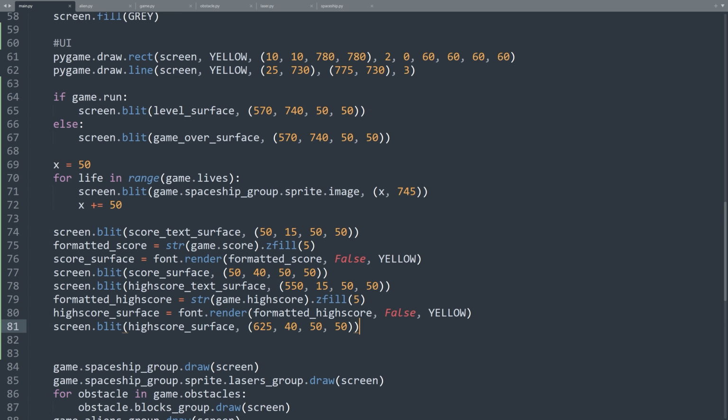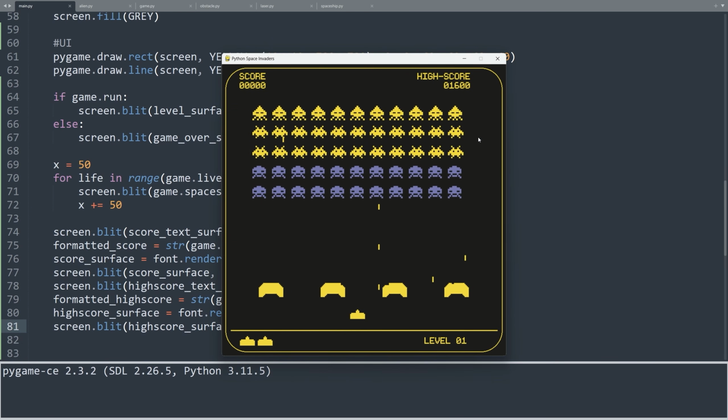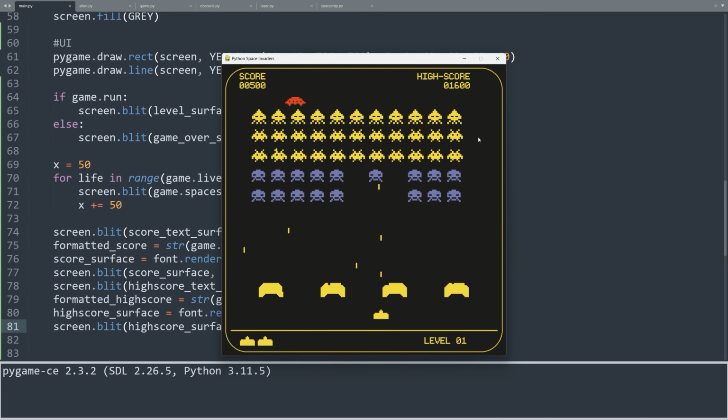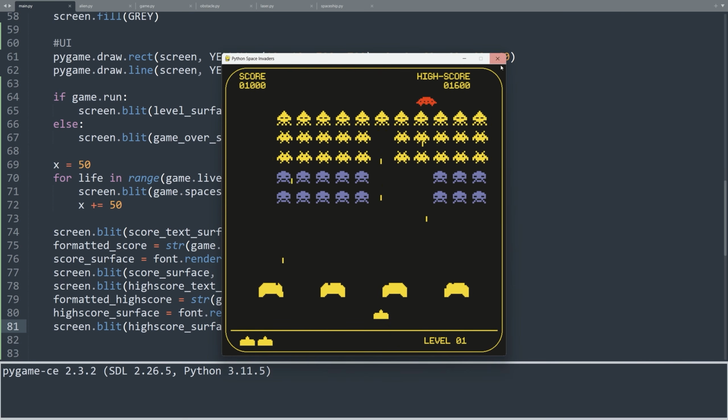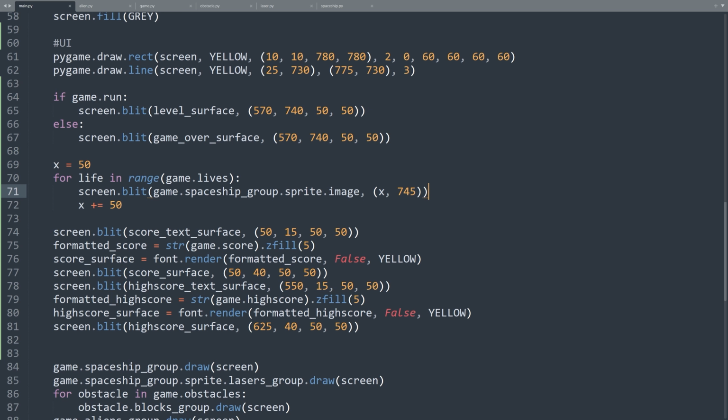Due to copyright reasons, I won't be using the original Space Invaders soundtrack for this game. Instead, I'll be using a theme created by my friend Spiros specifically for this video. The sound files are included in the GitHub repository of the game. You can find more amazing music by Spiros in a link provided in the video description.